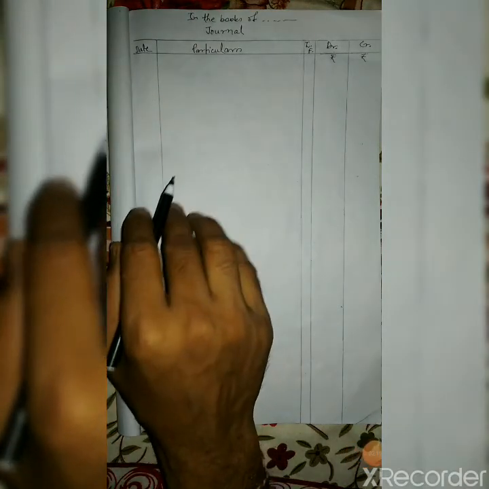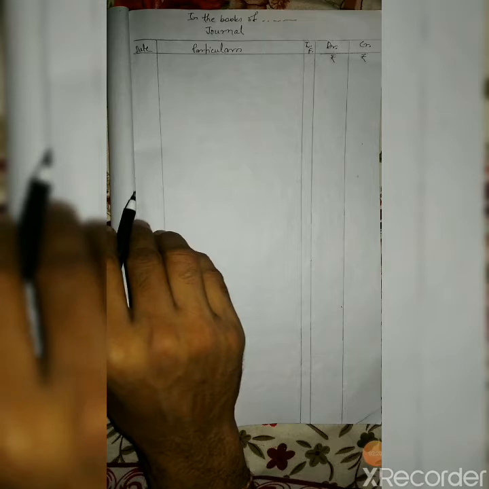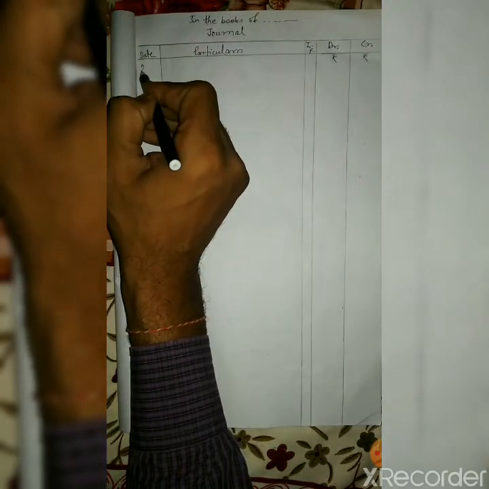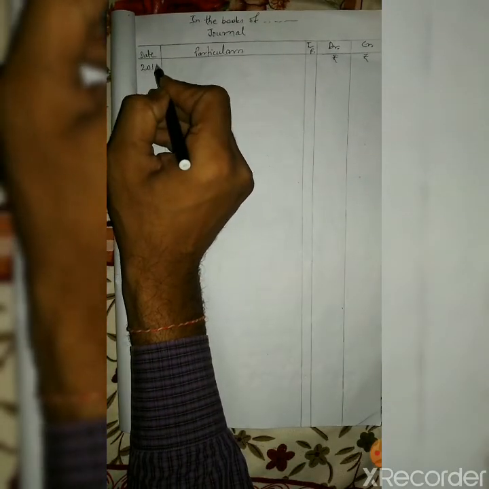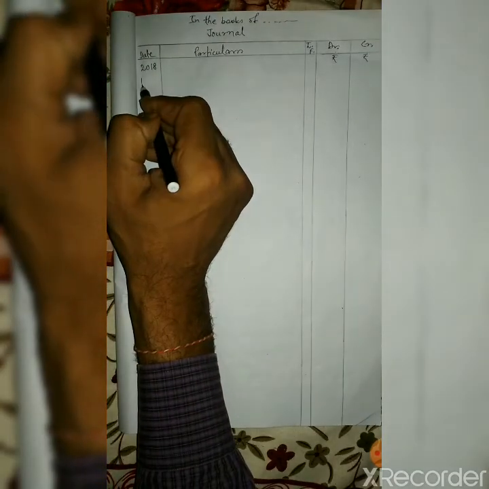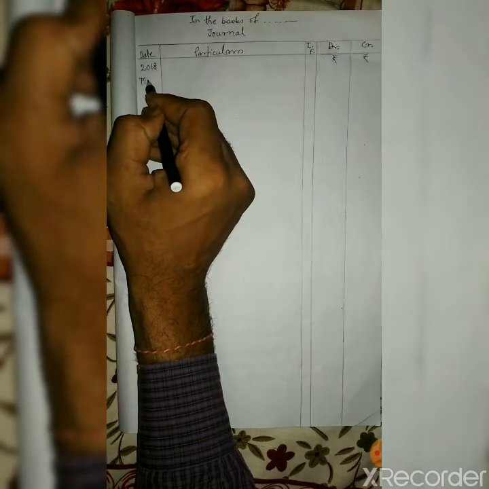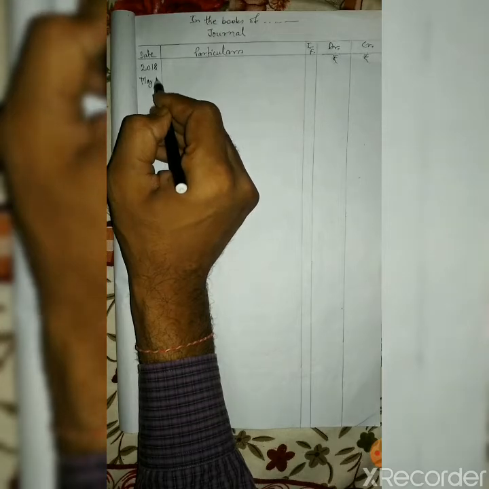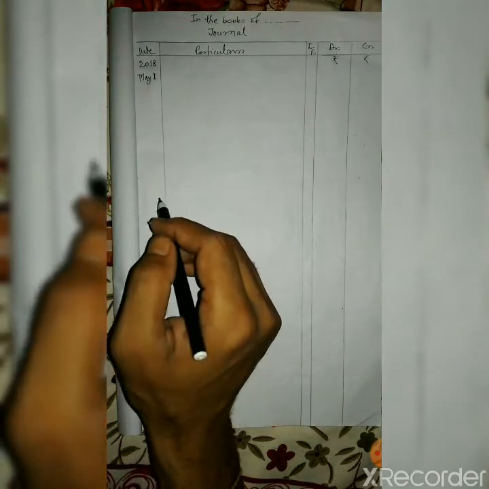Now the first entry is on the first. The year will not change in this whole sum. So on the top you should write year, then month, and then day will be there, which is the first one. So first see